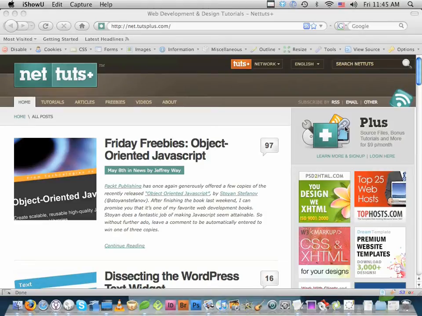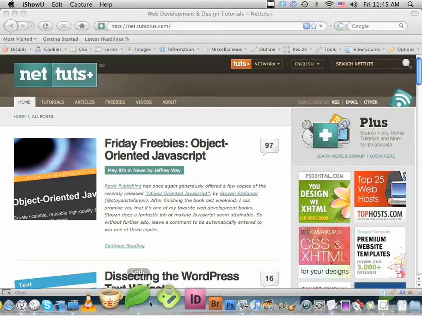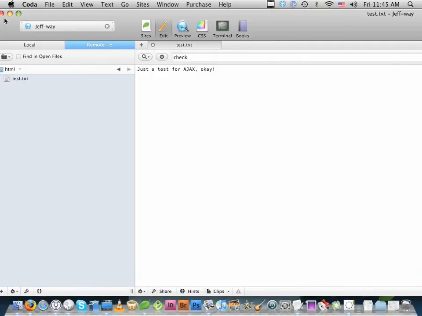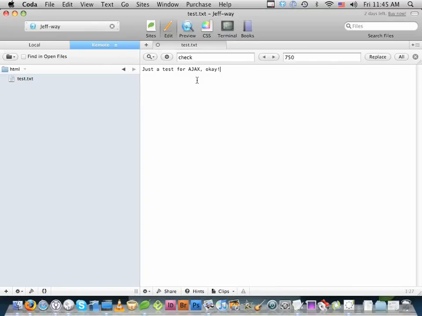Okay, so we are going to be discussing how to make AJAX calls with raw JavaScript. Now, frameworks like MooTools and jQuery make it very easy, but you need to learn, if you don't already, how to do it the raw JavaScript way. It'll only make you a better programmer. So I'm going to open up Coda. I'm going to be working on my server, and I have added just one file called test.txt, and it just has some random text. So let's create a new file, and we're going to call it